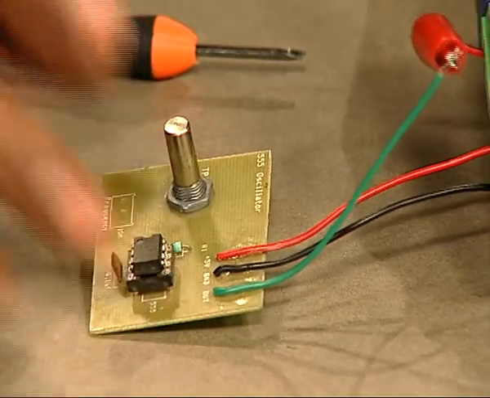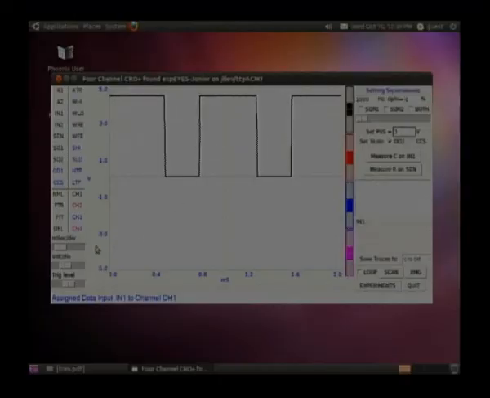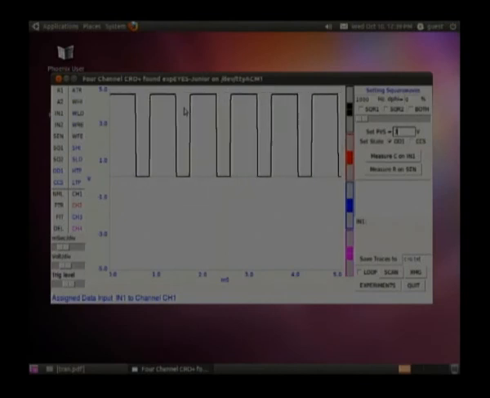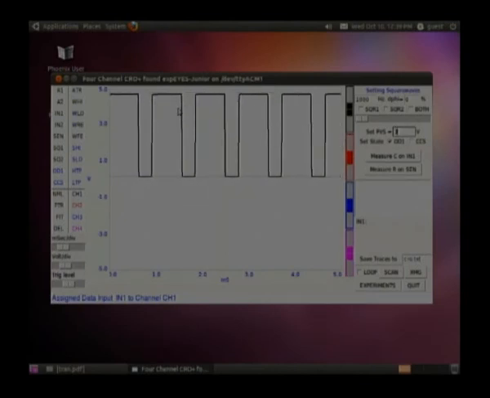So, what are the things we can study from this? Like we see the shape of the oscillations, how the output looks, and you can see that it is not symmetric, the high time is more than the low time. See, it is high for this much duration, but low only for this much. So, one parameter to be measured is the duty cycle, that is the ratio of the high time with the